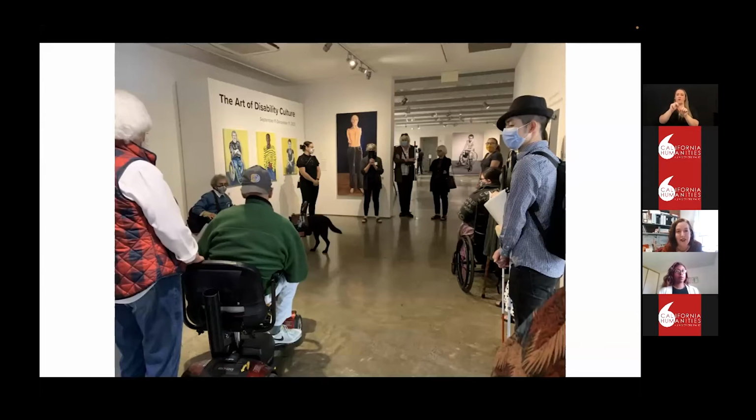So the programs in conjunction with the show included this Community Day, which was offered in a hybrid fashion. Friday night at the Art Center opening celebration included hands-on art making with an Ability Path artist, performances, and a specialty cocktail named by Maia called the Reasonable Accommodation, which was endlessly customizable. We also hosted the Free Community Day event that featured hands-on art making with one of the artists in the exhibition, Mathis Lamb, performances, and Mozzaria, the deaf-owned Neapolitan pizza cart. And then we also offered a digital workshop with artist Sky Kubakub in connection with Creativity Explored and the Museum of Craft and Design.